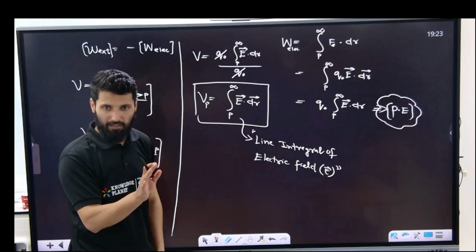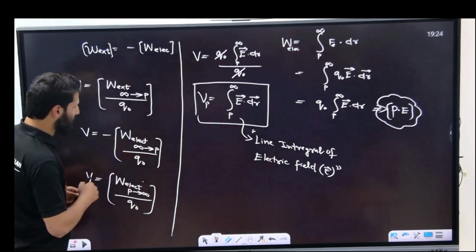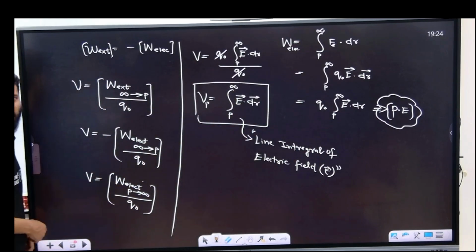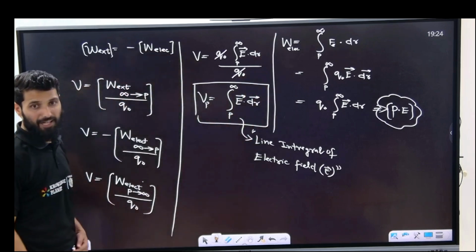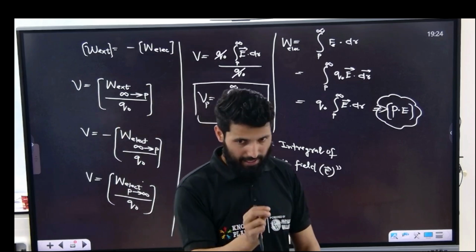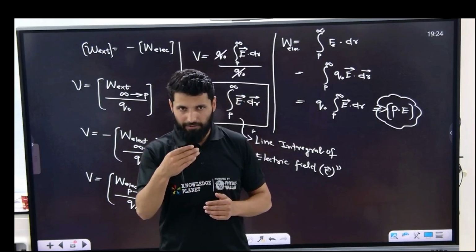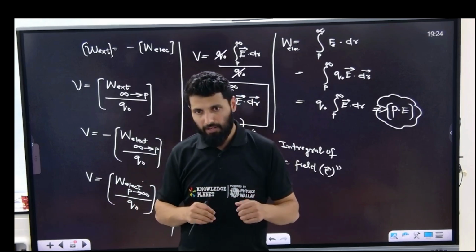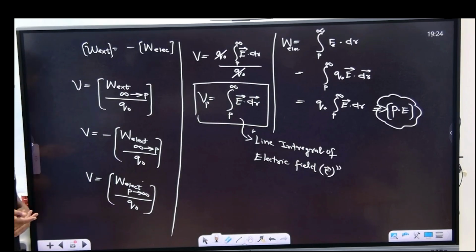For this we'll put a separate heading also. Now this potential energy, the potential is defined as this work done divided by point charge. I just divided this work done and found that potential at any point is defined as the line integral of electric field, or electric field intensity. Clear? Things will be really clear to you once I go for different topics. Maybe in the beginning it will feel very difficult to understand, but you will get a whole idea about this potential. Okay?